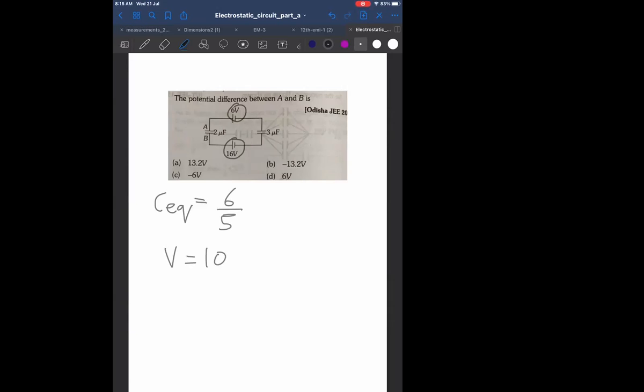Total will be 10. Now, I have to find the potential difference, so how is it A and B? What is potential difference? Difference between the potentials, correct? So both are potentials, just check. But if they are in series, right? So we'll add them up. They are in series, so we'll add them up now. Just check whether they are in series or not. Because I've already taken equivalent capacitance.